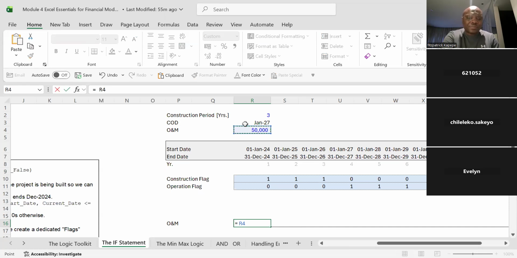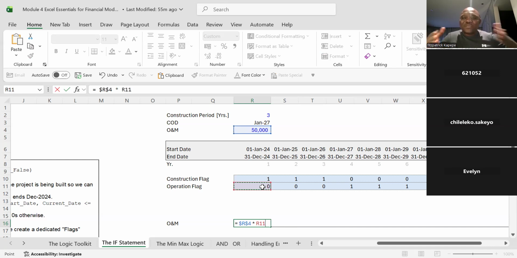Lock it. Control Fn. I always put spaces, guys. I'm a financial modeler, so I respect the first rules. But for now, don't mind about these things. Just do it the way we always do it. Times a flag. Which flag am I picking? On operation. On construction,